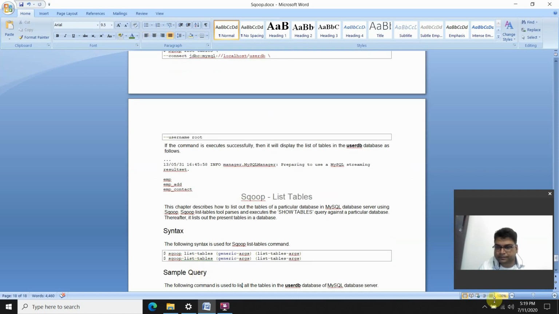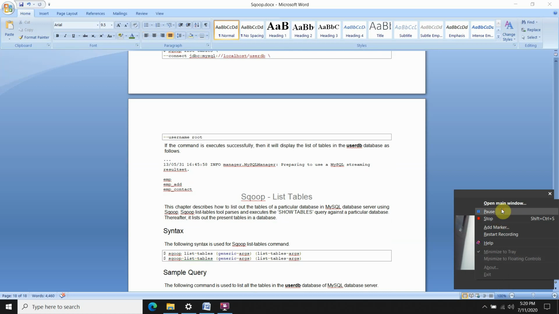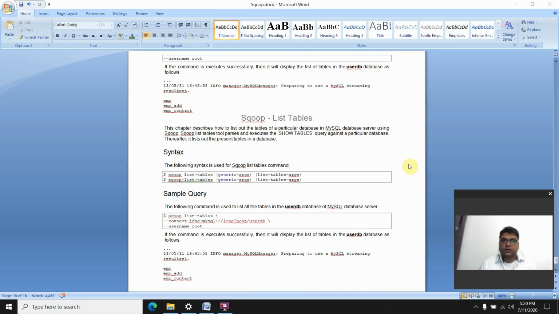Sqoop list-tables. In this chapter, we show how to list out the tables from a particular database in the MySQL database server using Sqoop. The sqoop list-tables tool parses and executes the show tables query against a particular database.